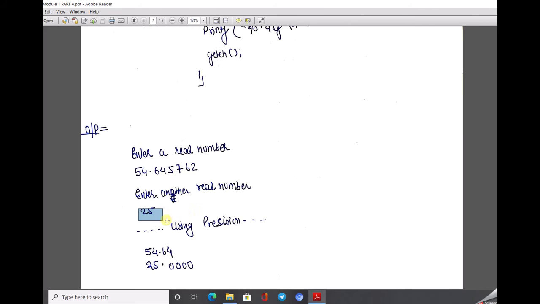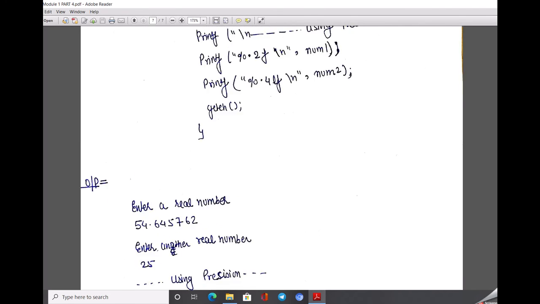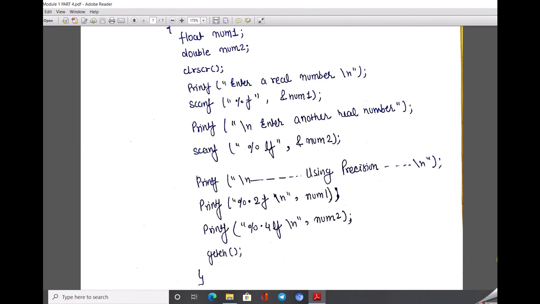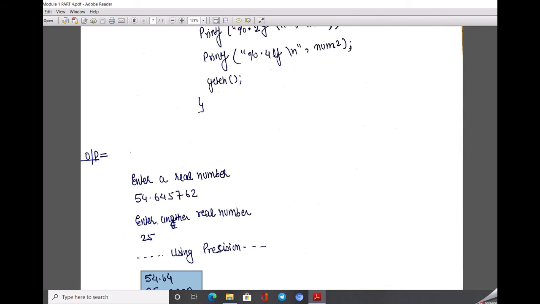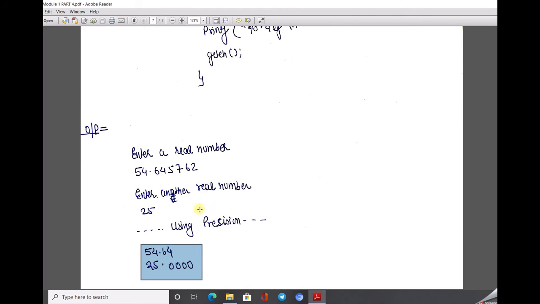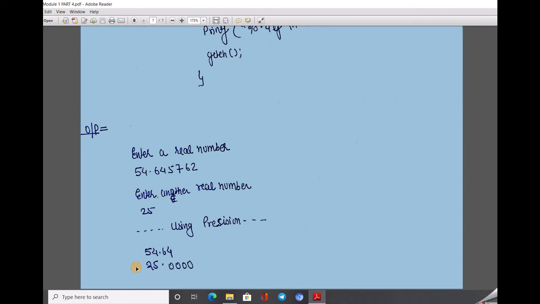After the precision, as I applied 0.2f, from 54.645762 the output is only 54.64, and with 0.4 lf, the input value is 25. There is no decimal point and no zeros, so the compiler automatically adds the decimal point and adds 4 zeros. Okay, so this is the use of the precision number.